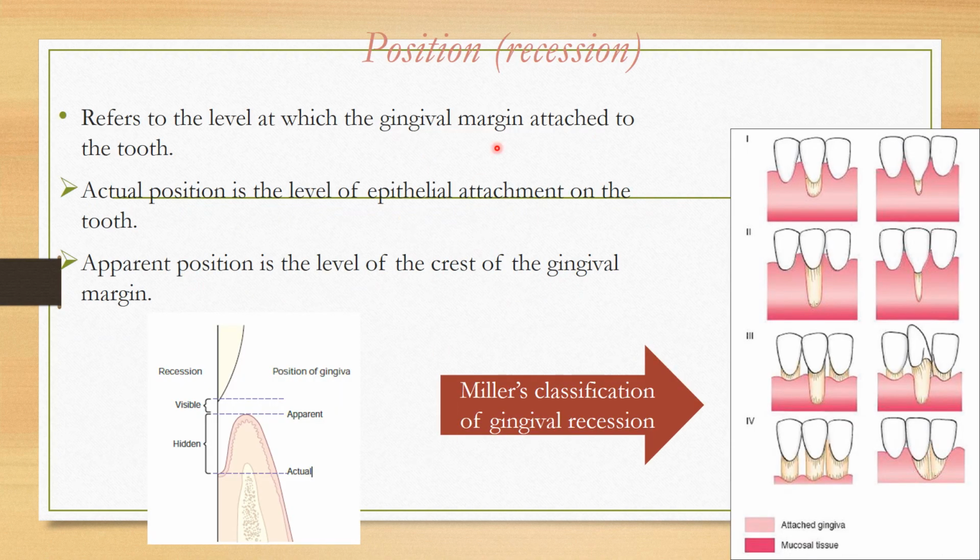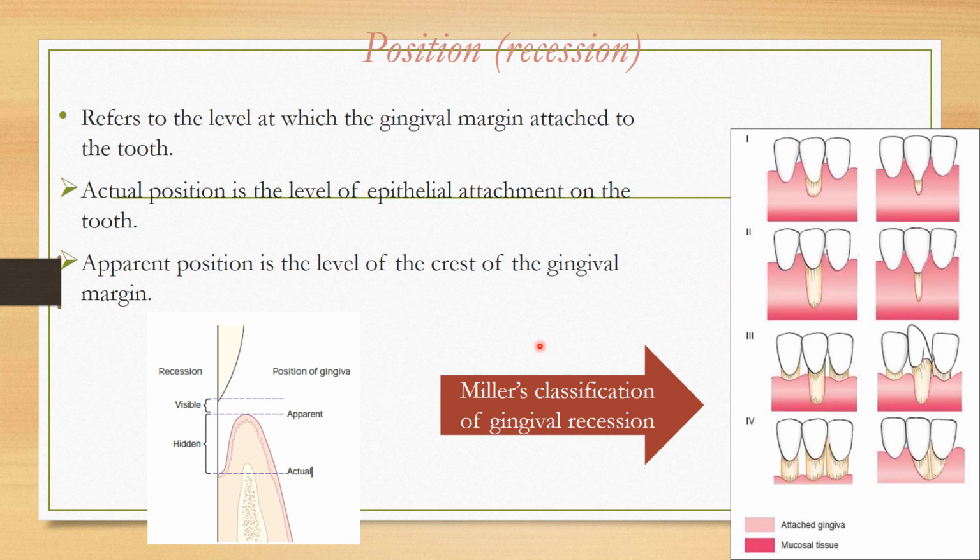So coming to the position, as you know, if the gingival margin is coming down, it might be exposing the tooth surface. That is called gingival recession. It refers to the level at which the gingival margin is attached to the tooth. So this is Miller's classification of gingival recession, and now we are following the 2017 gingival recession classification,